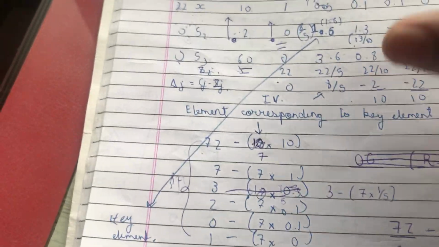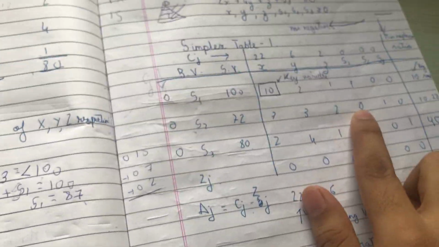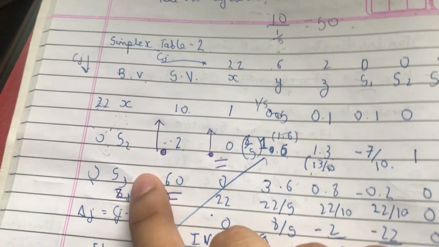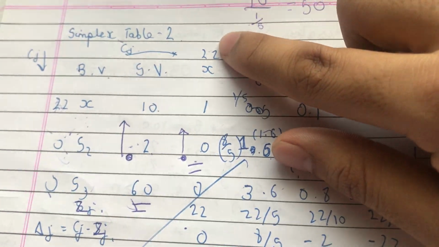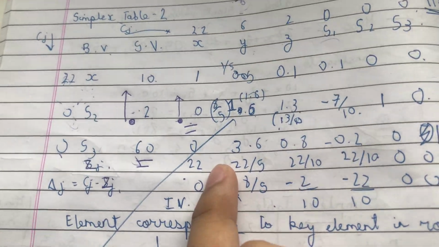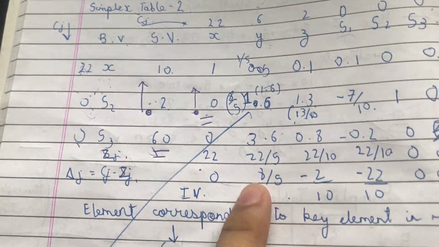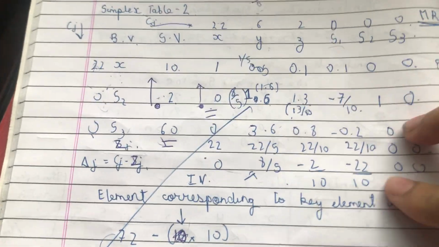Now you write it here. Now you can start with ZJ. जो इसमें ZJ था, because we already had these values, now we calculated those values and started with ZJ. ZJ is what? 22 into 1, 22, plus 0 into 0, 0, plus 0 into 0, 0, 22. 22 into 1 divided by 5, plus 0 and plus 0, 22 by 5. ये सब repeat करो. I am not going to say everything.